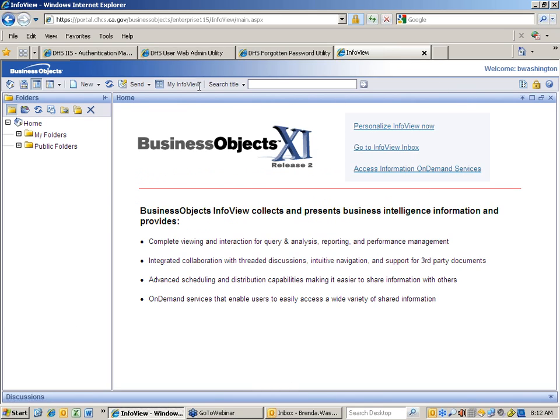If you'd like to know more about navigating the system, you can go to the navigation webinar. We'll talk about how to navigate the system, open